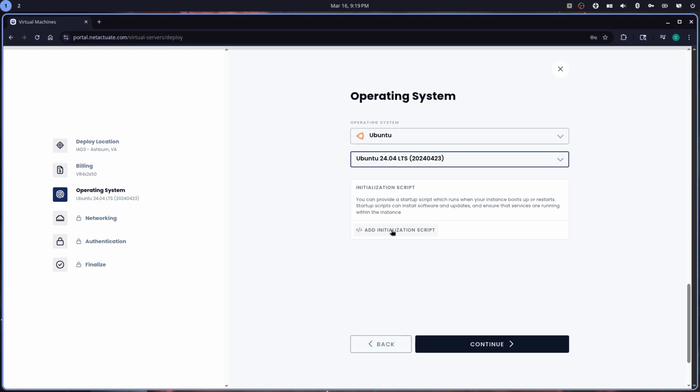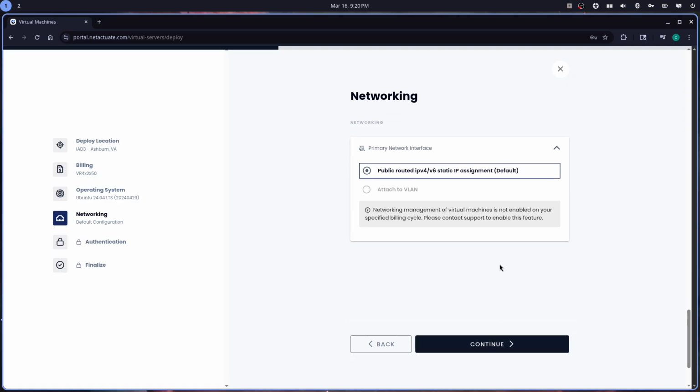You can add an initialization script from Cloud Init. You can also load secrets into the platform and pass them through to Cloud Init and make them available to the virtual machine as well. So I won't be using Cloud Init today, but once I press continue, if you have private networking or a